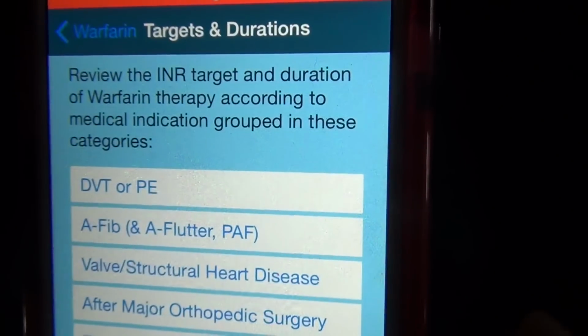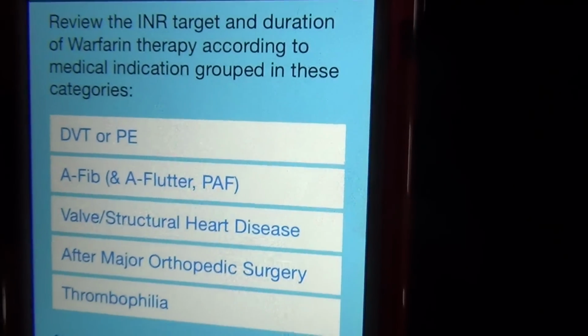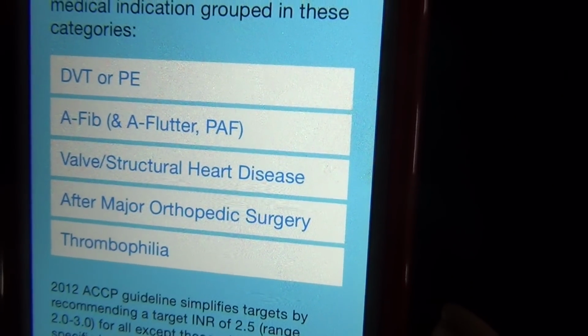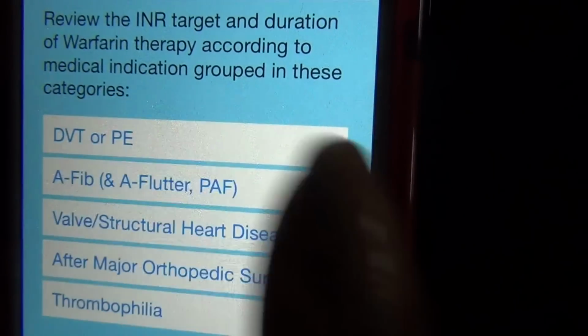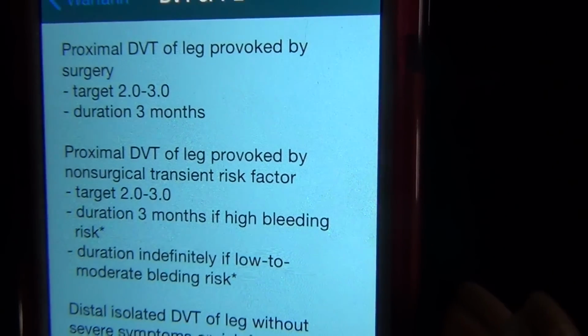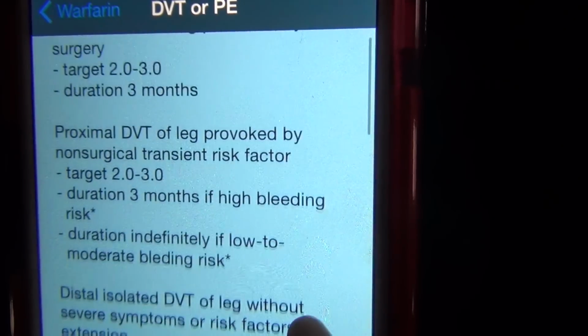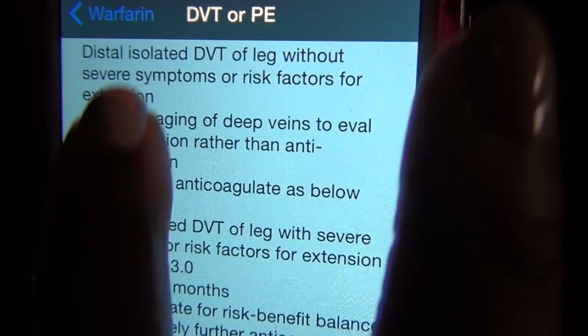If you clicked here, it would tell you to review the INR target and duration of warfarin therapy according to medical indication grouped in these categories. So if the patient had a DVT or a PE, then it tells you what the target is and what the usual amount of time is that the patient is on that medication.